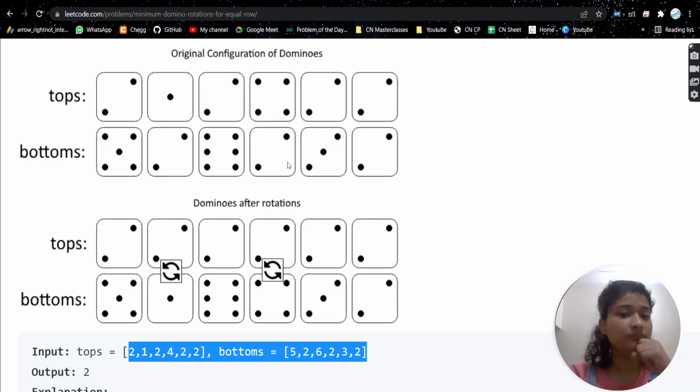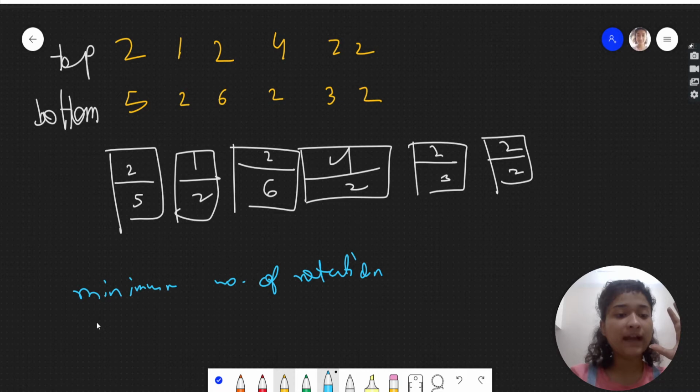Just think why we did not. Why did we choose only 2 here, not 1, not 4, not 6, not 5? This is because 2 is present in every domino, either in the top half or in the bottom half. It is present in every domino.